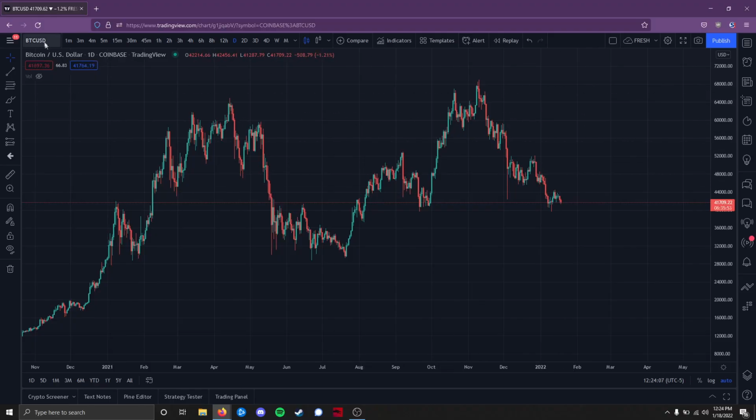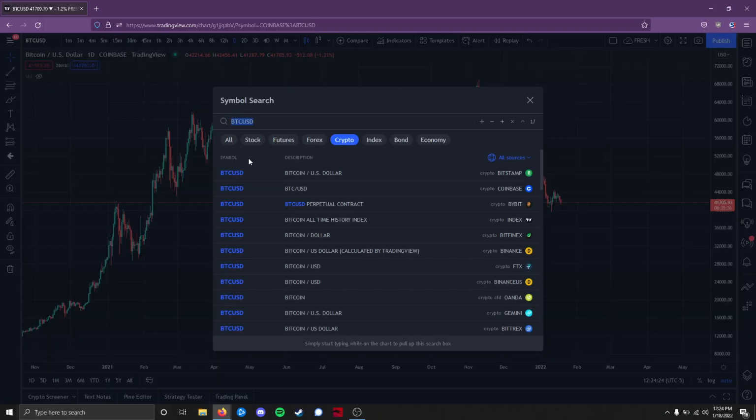Now, if we want to look at a different asset, as you can see, there's a lot of different menu options, and we'll break these down step by step. Focusing at the top, here we see the Bitcoin to USD. This lets us know what we're looking at, but in case we want to change the asset that we're looking at,